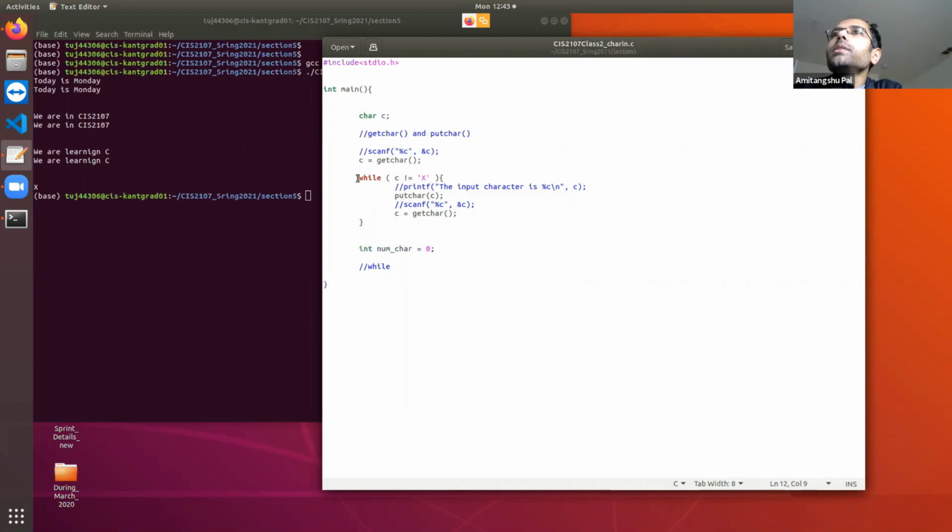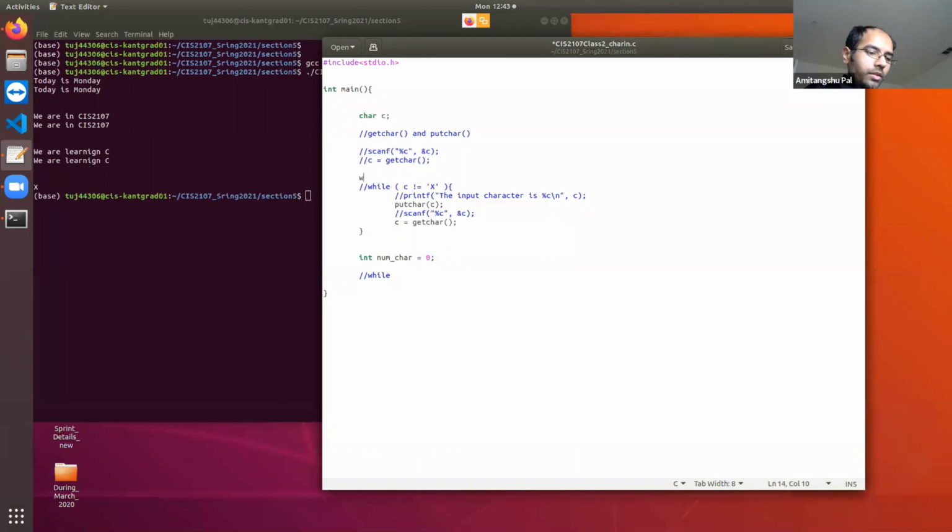I can merge these two statements by writing while c equal to getchar, not equal to the special character. Then it is going to print it.